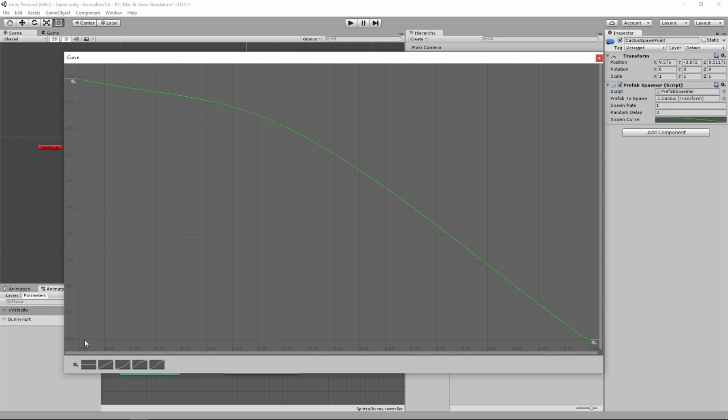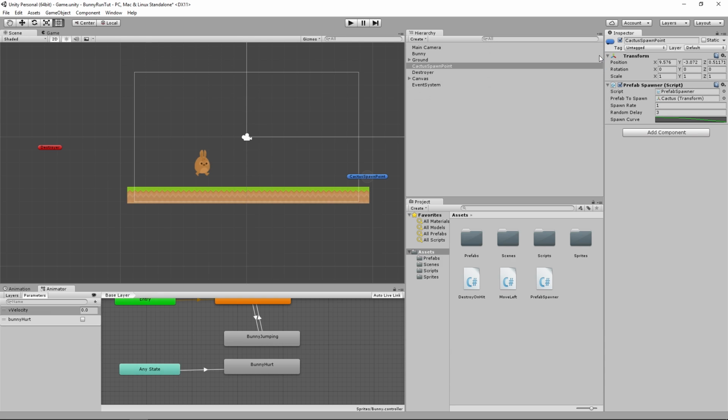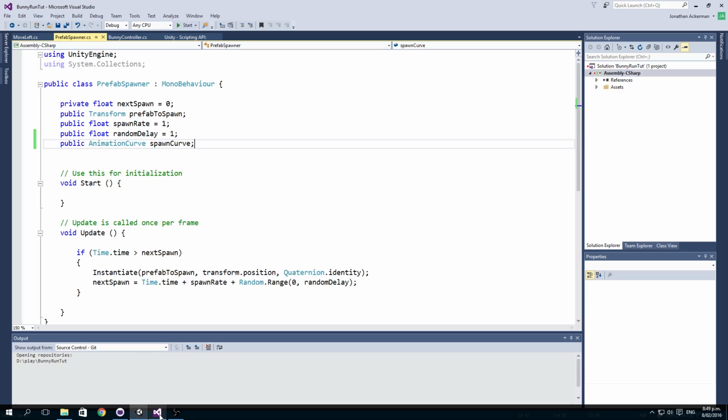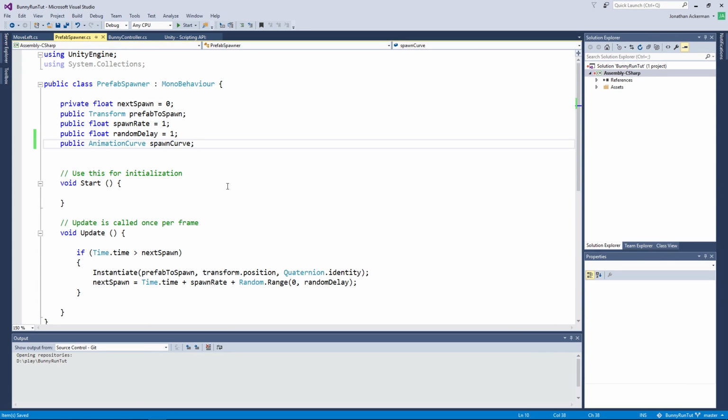We're going to map that to a time in seconds, and that will allow us, as the game progresses, to look up the appropriate delay that we want for our spawn time based on this curve. So in the code, we're going to create a new public